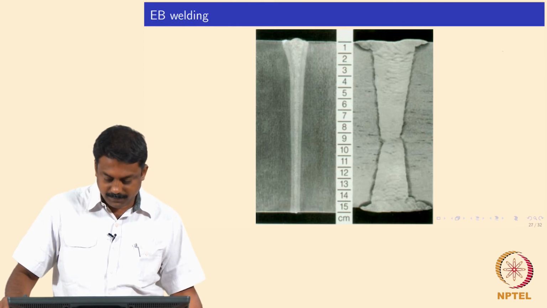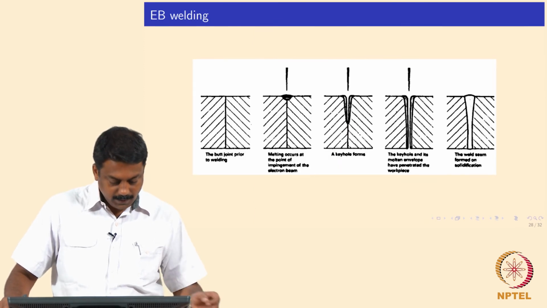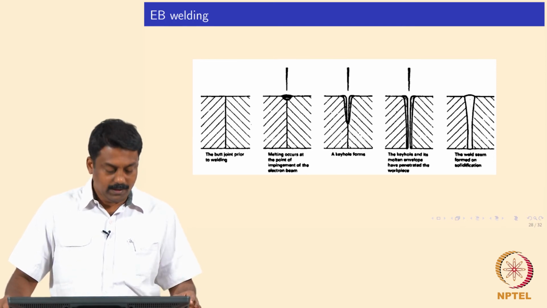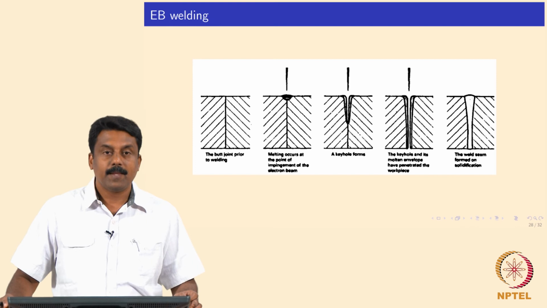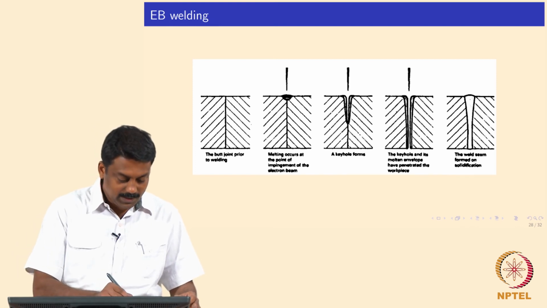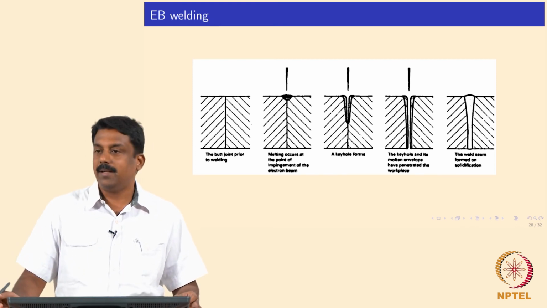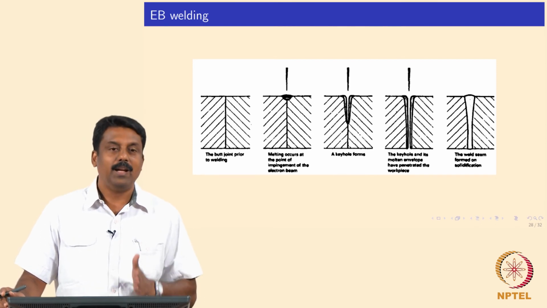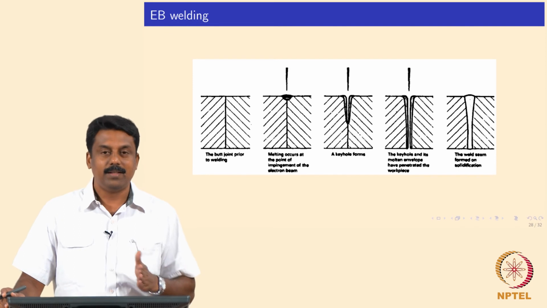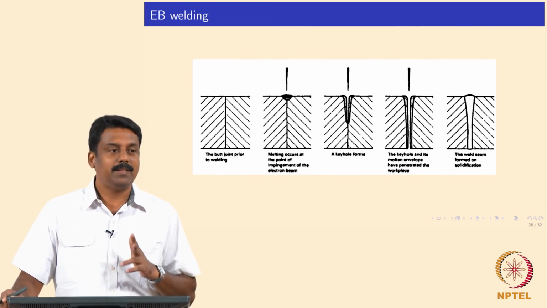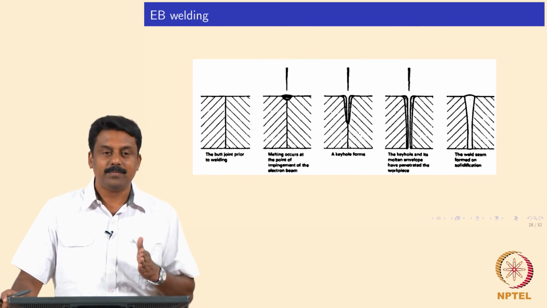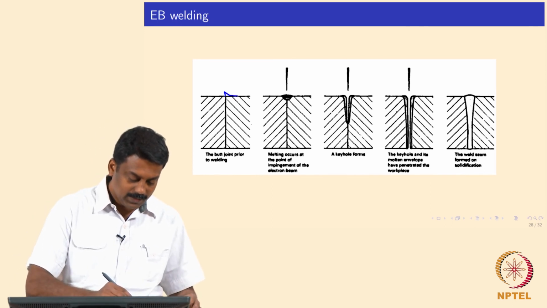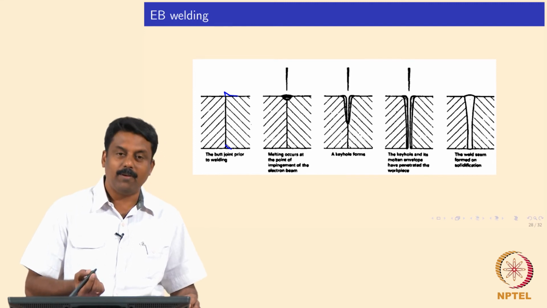So, this we have seen. This is the basic sequence of weld formation. First, we need to make sure that the edges are prepared nicely. There should not be any mismatch. Both should be coplanar, absolutely perfect. The dimensional tolerance you achieve is less than a micron. Otherwise, suppose if this is somewhere up, something like this, it is not going to work out.